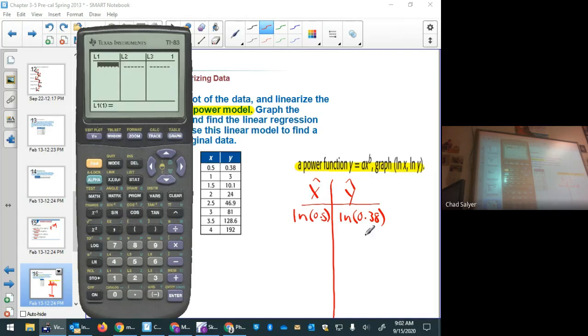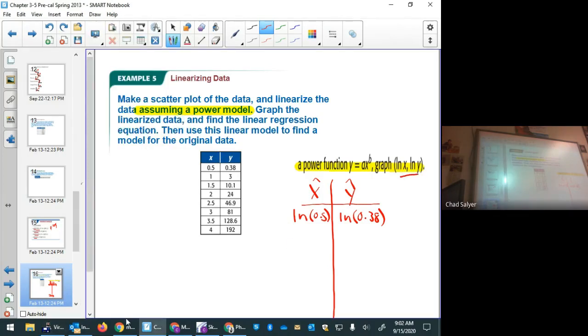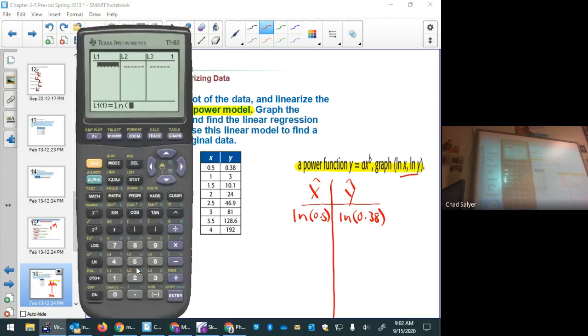And instead of just the 0.5, because this asks us to take the natural log of the data, I'm going to put in ln of 0.5, ln of 1, ln of 1.5, ln of 2, ln of 2.5, ln of 3, ln of 3.5. This is kind of tedious. Ln of 4. And then for the y's, ln of 0.38,